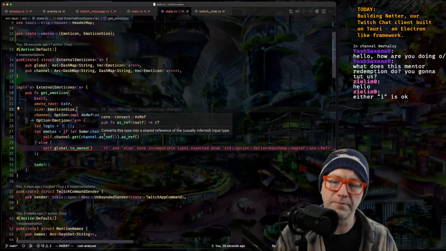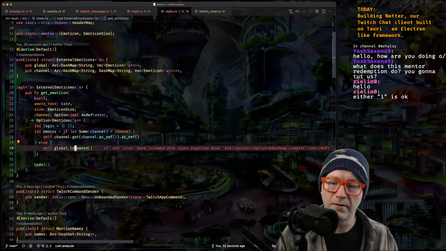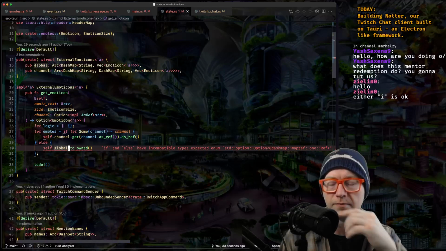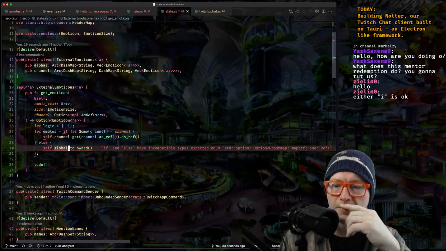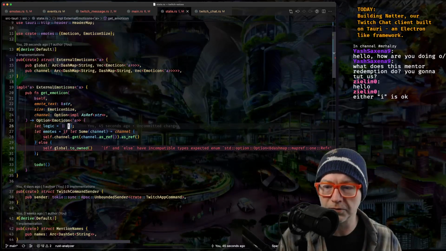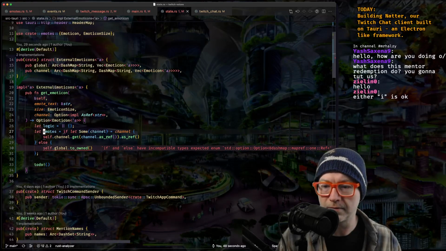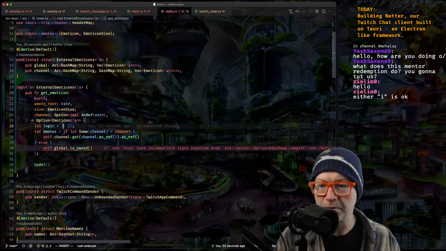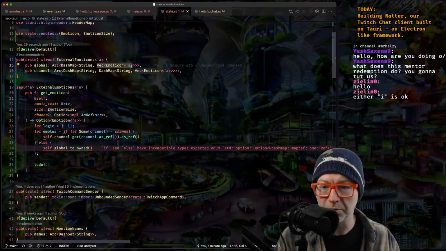Okay, well, let's go with the closure version. So basically we want to be able to pass a vector of emoticon in.